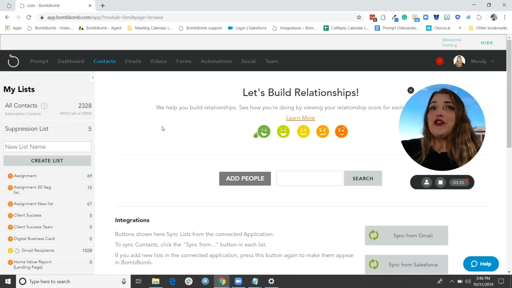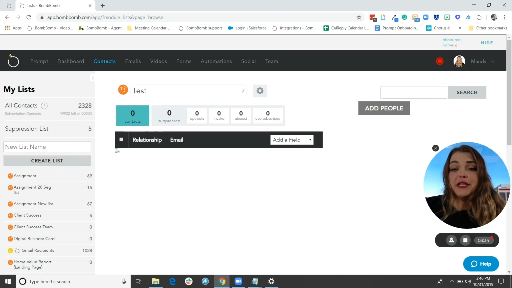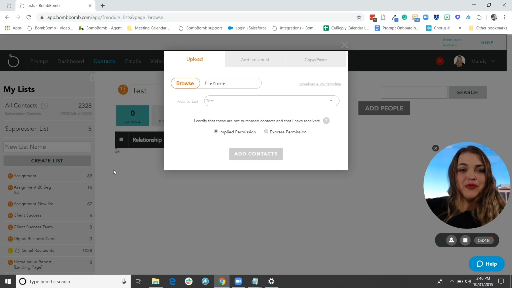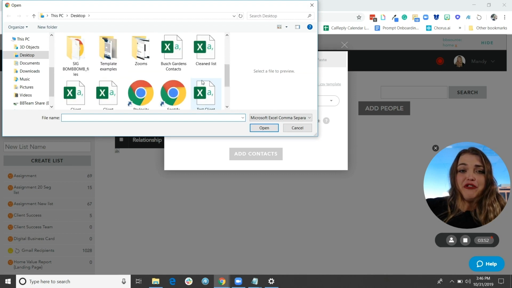So from here, you're going to create a list. I'm just going to make a list called test. And then once you're here, there's going to be a gray Add People button. You can click the Add People button, and then there's 3 other ways for you to get contacts into your account if you don't have a CRM. So the first is uploading that Excel document saved as a CSV file. So you can click Browse. If it's saved on your computer, you'll just go find it,